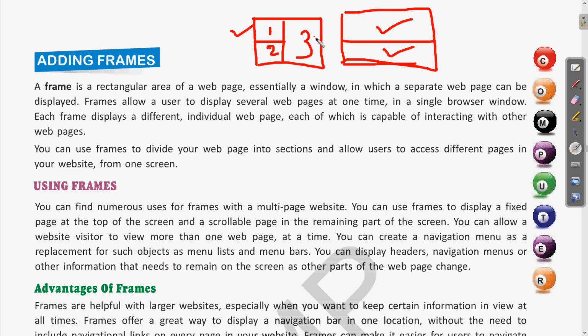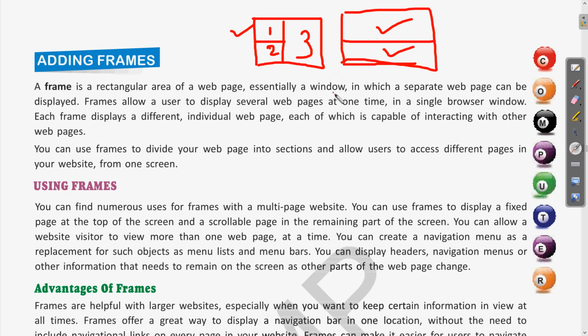So using frames the users will get multiple sections on the browser screen, and at the same time the person can access different sections on a single page. So this gives additional benefits for the user, which is more interactive, as various sections can be accessed at the same time on a single screen.